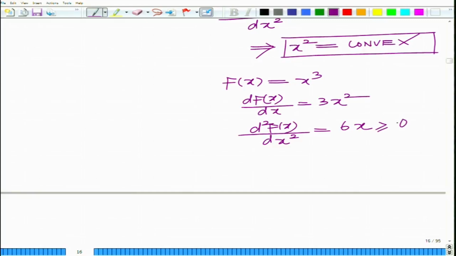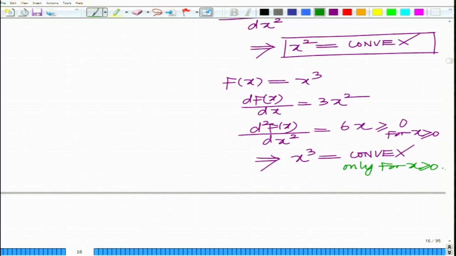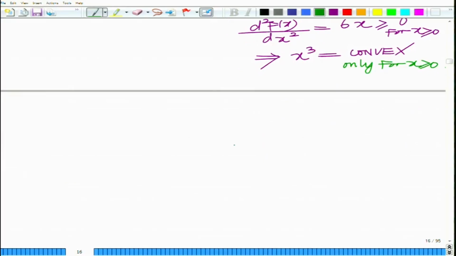This is greater than or equal to 0 for x greater than or equal to 0, implies x cube is convex only for x greater than or equal to 0, and in fact that is what we had seen in the previous